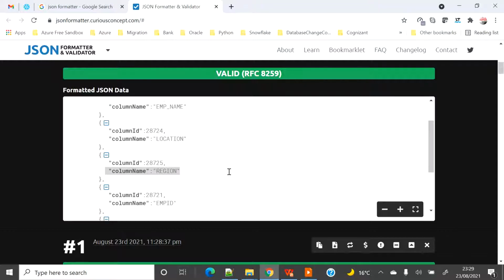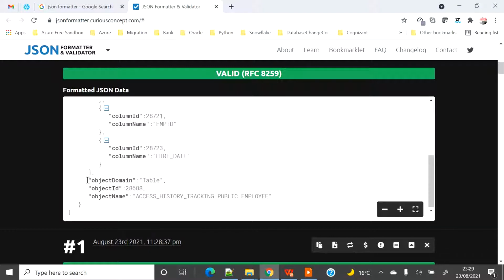I had used select star, so all the columns you can see over here. But at the end you will see that the object domain is table, and in the direct one it was view, and you can see here the name of the table is mentioned as the object name. So now you understand what has been captured as a direct object or as a base object.